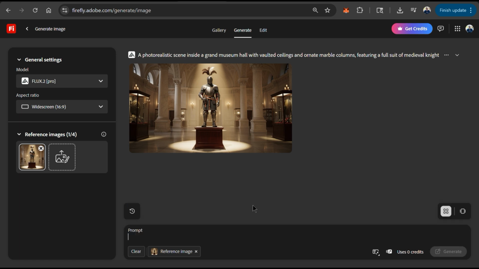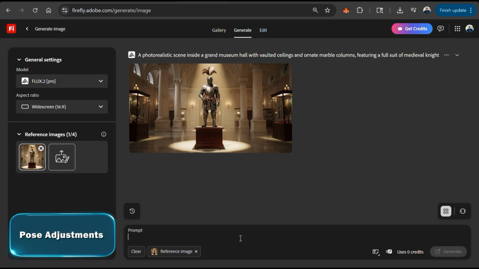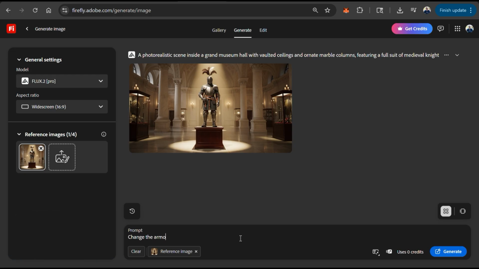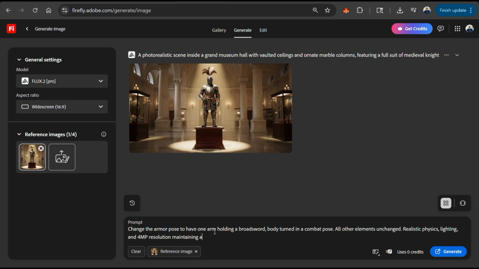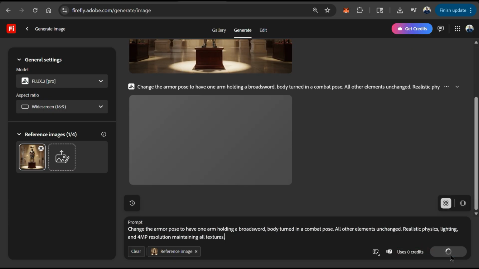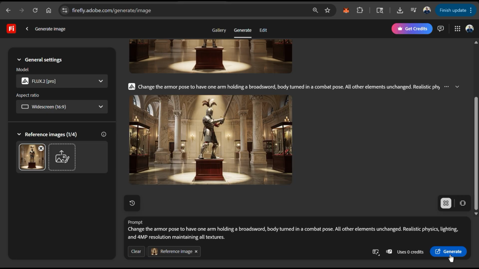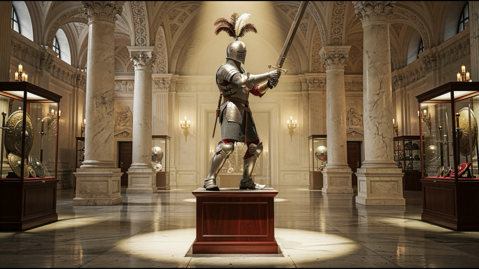And to test out FLUX.2's professional grade controls, let's start by seeing if we can change the armor's pose. For this prompt, let's see if it can turn the armor's body sideways in a combat pose, and I think I'll have him holding a broadsword. Everything else should remain exactly the same, so let's click the Generate button and see what happens. And after a few seconds, my armor's pose should be changed. As you can see, my museum looks exactly the same, but my armor's standing sideways in a combat pose and